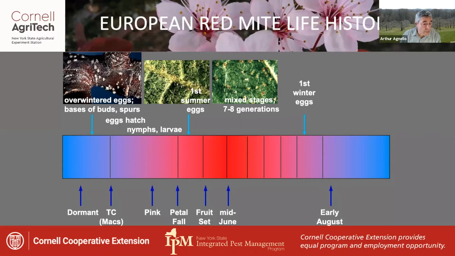leaves until about the first week after petal fall. The first adults can usually be found along with the first summer eggs at this time. Succeeding generations develop in 10 to 14 days. Mixed stages are present on the foliage throughout the summer as they go through as many as 7 to 8